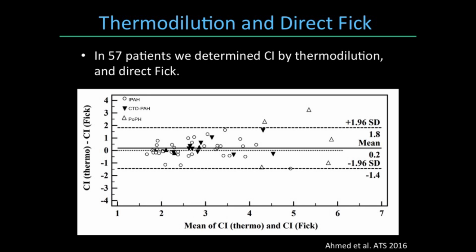And then you have the thermodilution. This is the study we sent to ATS, so I'm just going to show you this little graph. In 57 patients, we measured cardiac index by thermodilution, and we measured cardiac index by direct Fick, and we see that the bias is 0.2, so in general, thermodilution may be a tiny bit above the cardiac index measured by Fick, but there is a limit of agreement of error from 1.8 to minus 1.4 liters per minute